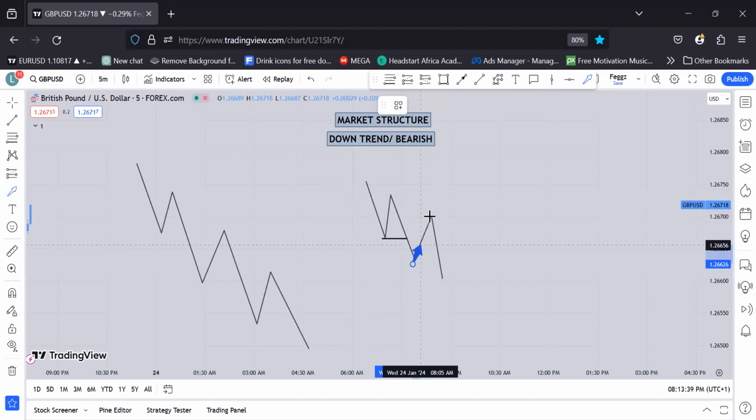Let's say it stops here and starts coming back down again, and it closes, remember, it closes below the most recent low. That's the key word. Price must close below the most recent low for us to consider that this is now a downtrend that is being established. In other words,